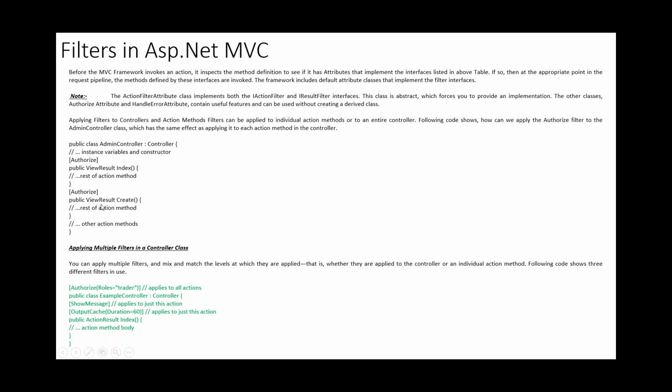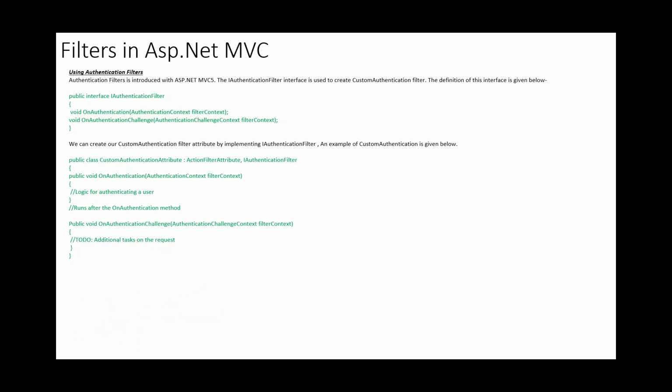So if you want to apply multiple filters, you can do like this. So authorize roles trader, something like this. If you apply this at the controller level, it will be applied to all the action methods inside it. You can apply multiple filters to your action or your controller level.